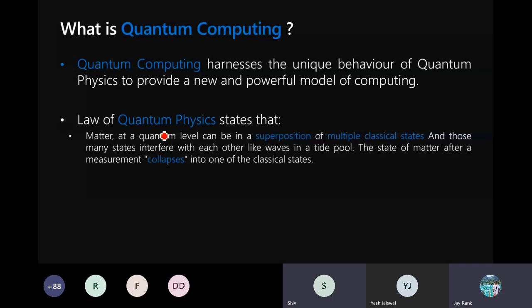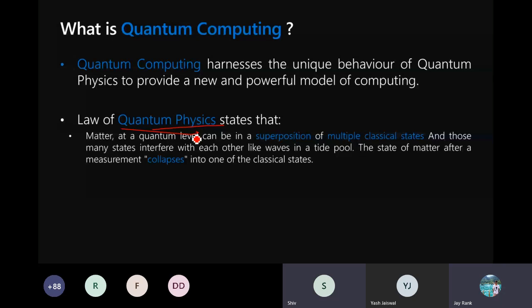Matter at a quantum level can be in a superposition of multiple classical states, and those many states interfere with each other like waves in a tide pool. You can interpret it like within a single qubit there will be millions of different values like 0.1, 0.022, 0.07, floating around and striking with each other to finally make sense.